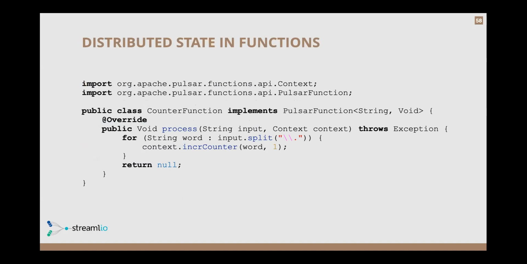So if you wanted to calculate how many words are in a particular book, for example, and you published into that topic the content of that, either line by line or page by page, this processor would count all of those, and then at the end you'd be able to access that individual value and give you a result. So it's actually distributed state, and it stores across time.